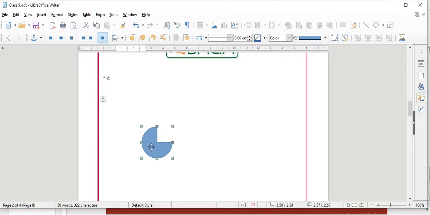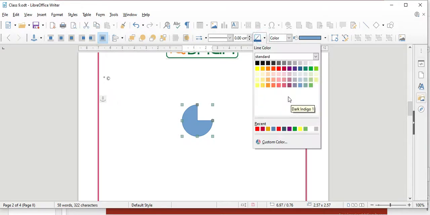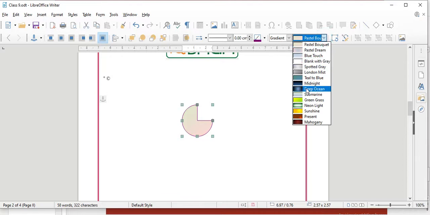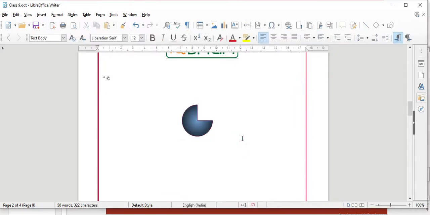You can format it by changing the color of the border, the fill color, or you can give a gradient if you want. According to your wish, you can change your shapes.